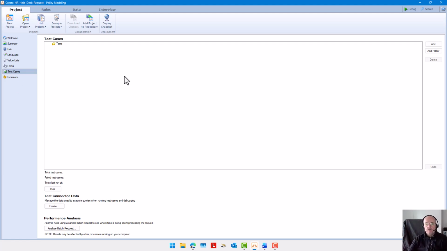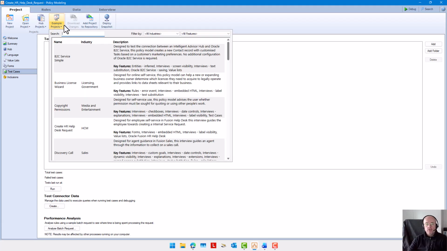And just in case you've never done it before, remember that you can get your example projects by opening OPM, going straight to example projects, and then selecting the one that you're after. They are not downloaded from the internet. If you've installed OPM, they're already there. They just need to be unpacked. So you can even do this when you're sitting in a train or a plane and you want to experiment